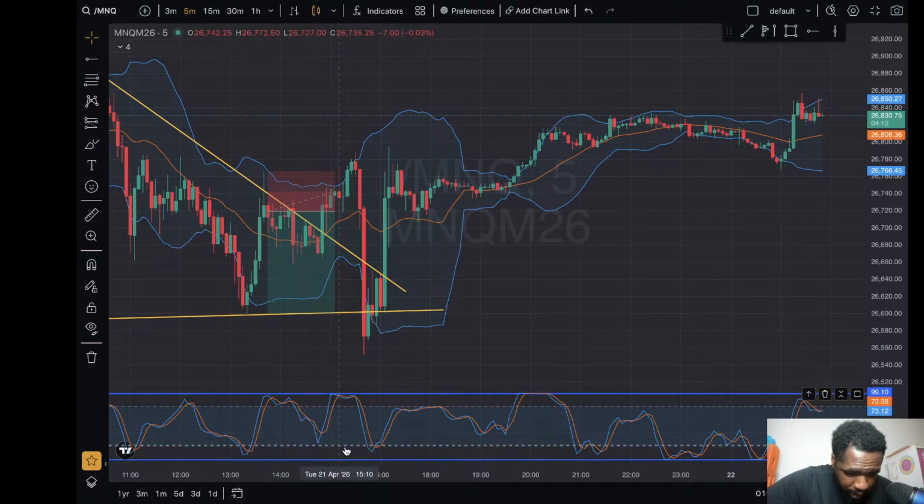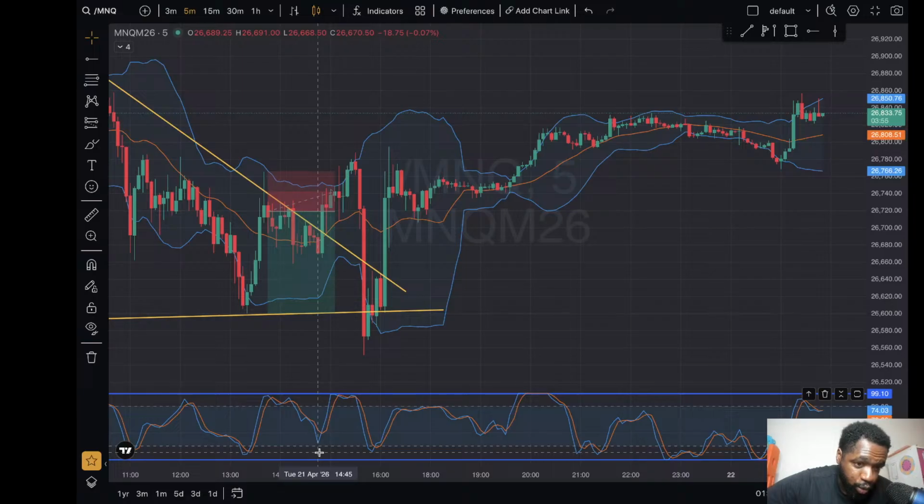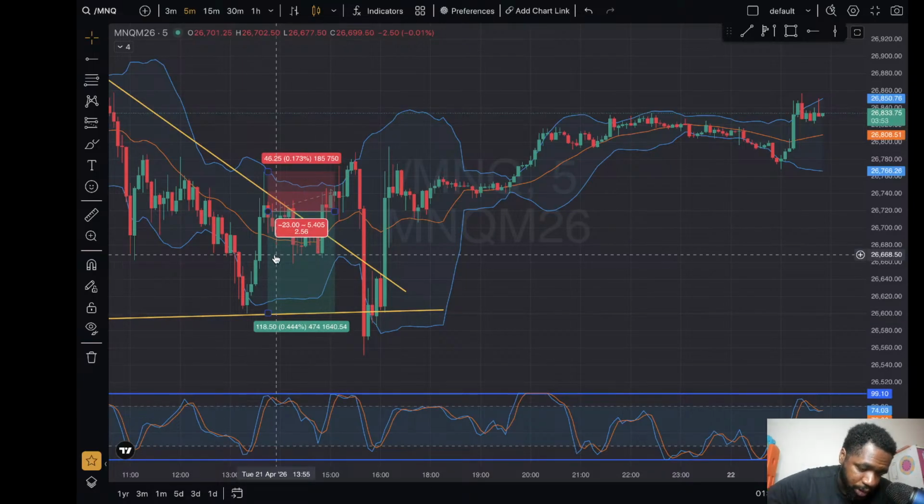See where that dotted line is right there? It came right below it. And typically with my strategy, once we do that on the stochastic RSI, no matter what price is at, I'm supposed to close out most of my positions and leave one runner. And I didn't do that because I was only able to get 2 positions, and normally I like to get in 4 positions